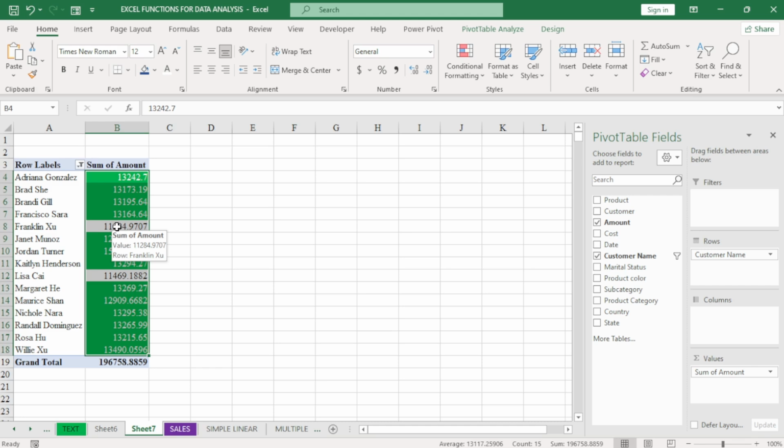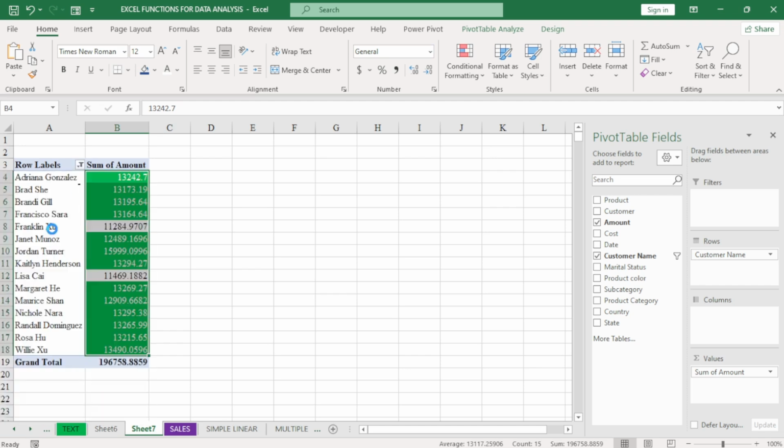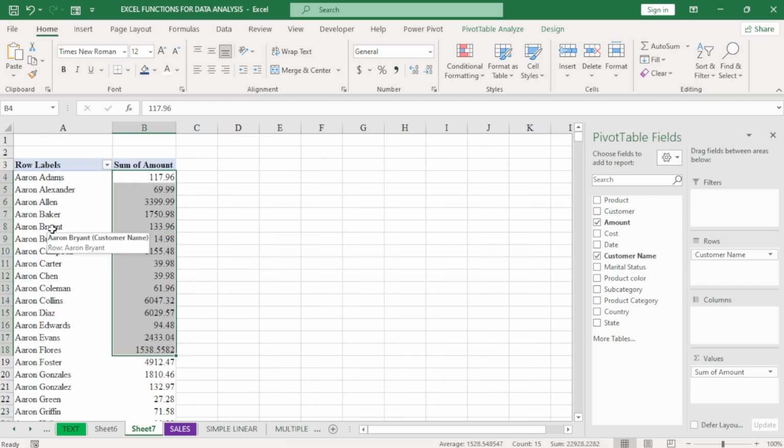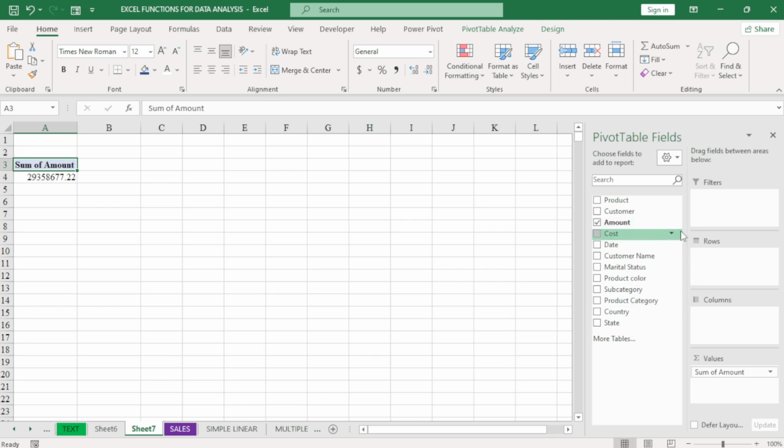Another thing we will be looking at is to group these data sets. Let's head back to what we have and then let's clear the filter. We have stuff such as this. Now next is to group our data. Let's say we want to group our data, grouping the data by dates, by numbers and stuff like that. We can remove, let's come here and remove the customer name and put the